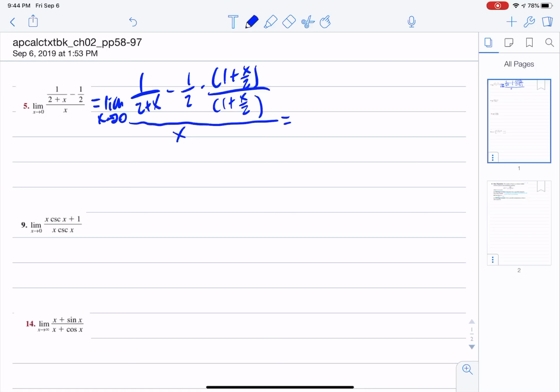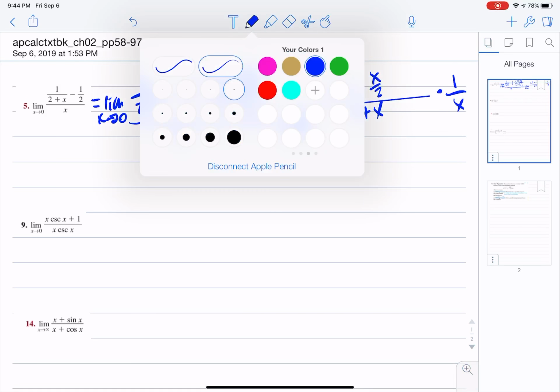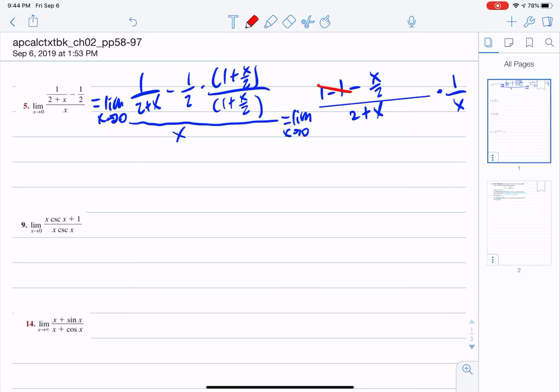So simplifying a little more, it's equal to the limit as x goes to 0 of the top term is all over 2 plus x, and it's going to be 1 minus x over 2, and that's all divided by x or times 1 over x. Okay, so that 1 minus 1 cancels off, and it's negative x over 2 over x